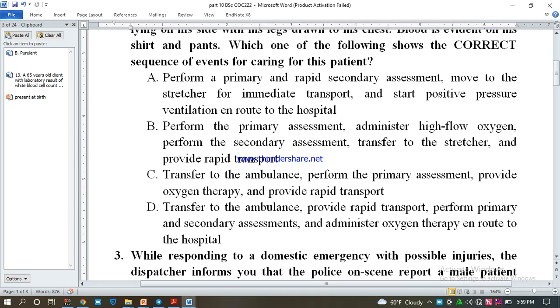The last one is: transfer to the ambulance, provide rapid transport, perform primary and secondary assessment ይለናል